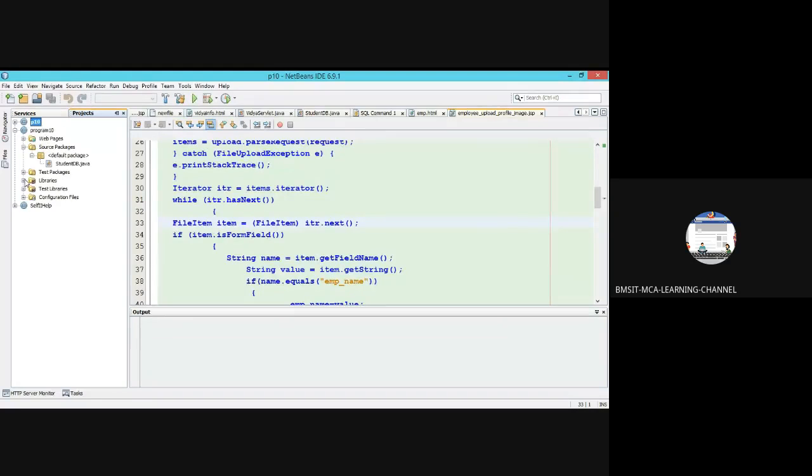This application will have a folder called Libraries. In the Libraries, you add the MySQL connector Java. So how to add? Right click on Libraries, Add JAR/Folder,